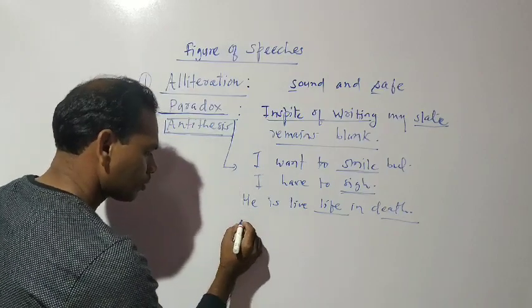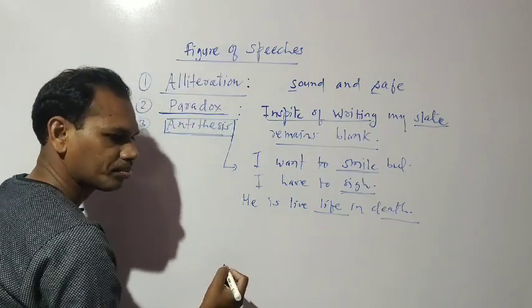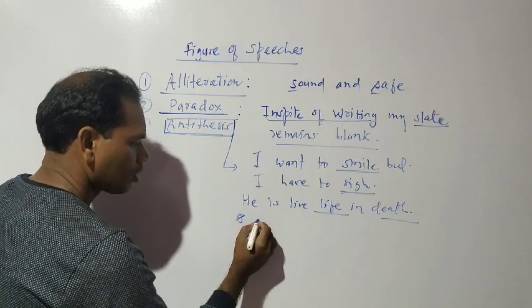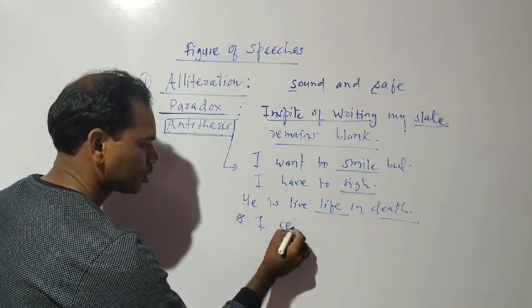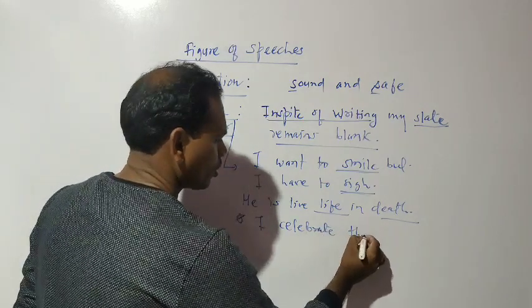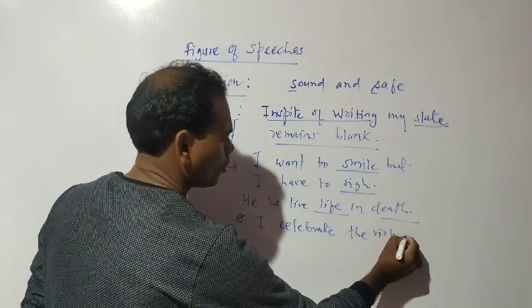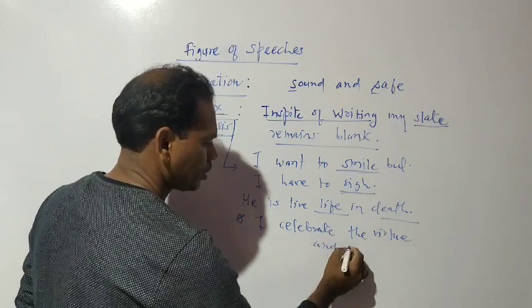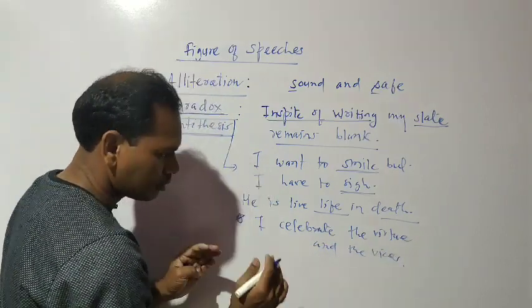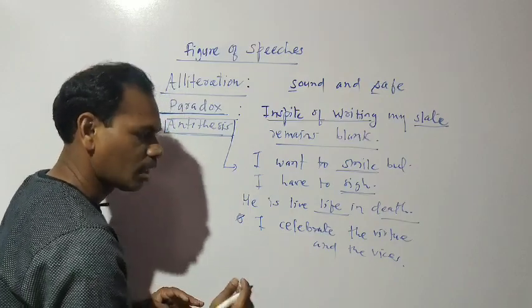For example, in one of the poems, the poet says, I celebrate the virtue and the vices. I celebrate the virtue and the vices. How can it